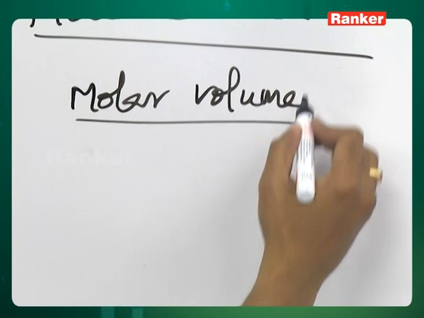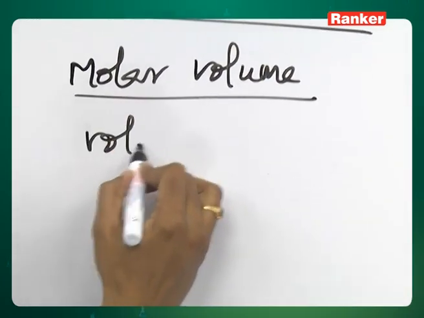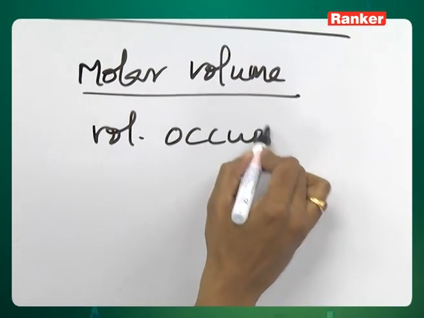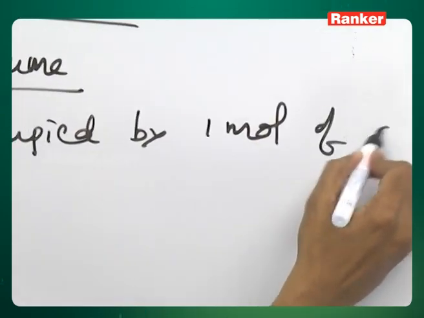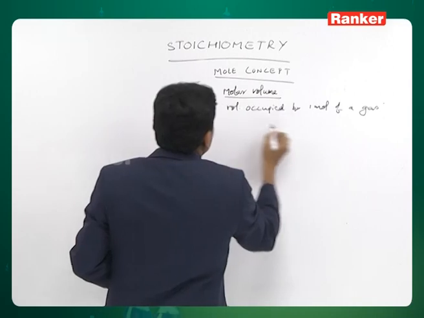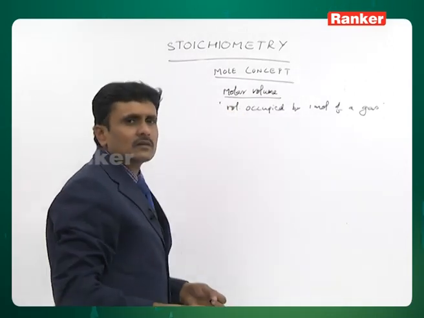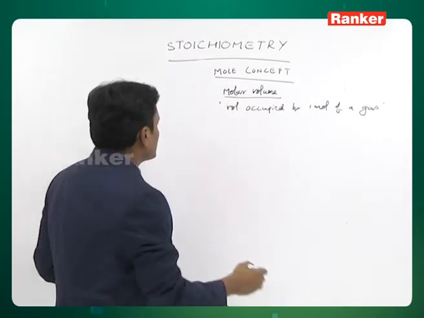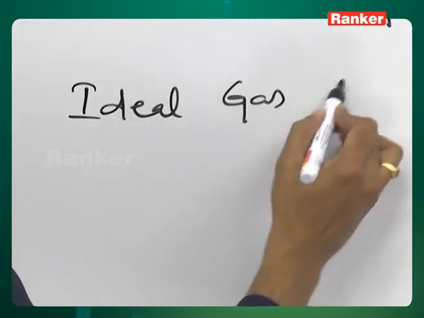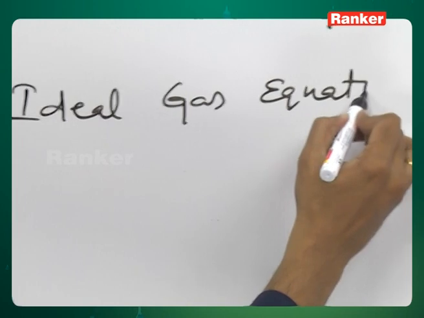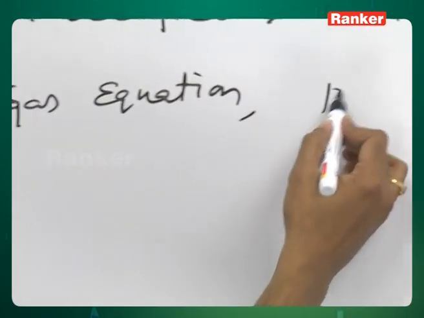So, the volume occupied by 1 mole of a gas is what we call the molar volume. Now, from the ideal gas equation, we all know that